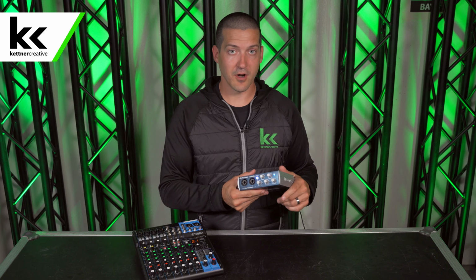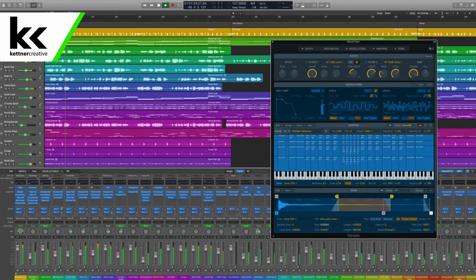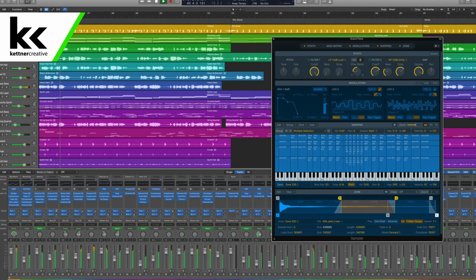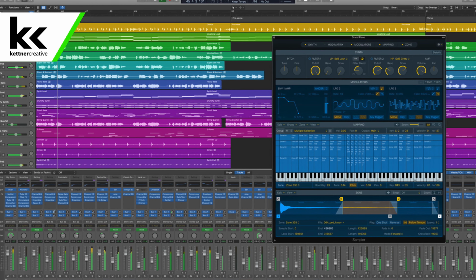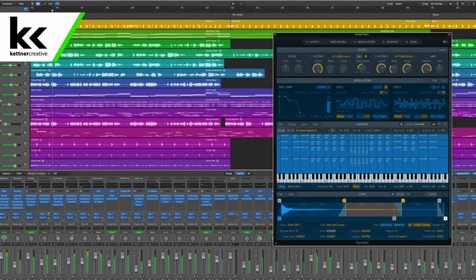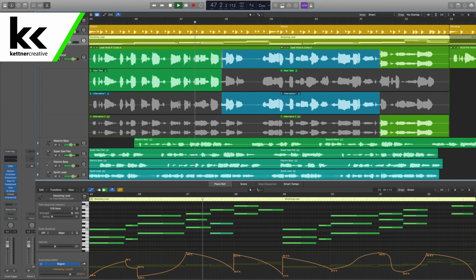Now, the main differentiator of this unit is the fact that you can multi-track record. Everything that you plug into this will get received individually and separately by the computer. So whether you're using Pro Tools, Ableton, Logic, Adobe Audition, or another piece of audio editing software, it will receive each channel individually, so you can remix it after the fact, and you can make post-processing changes like EQ, compression,